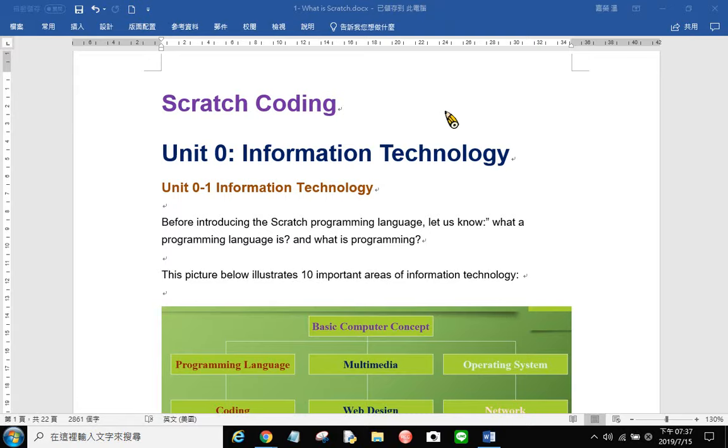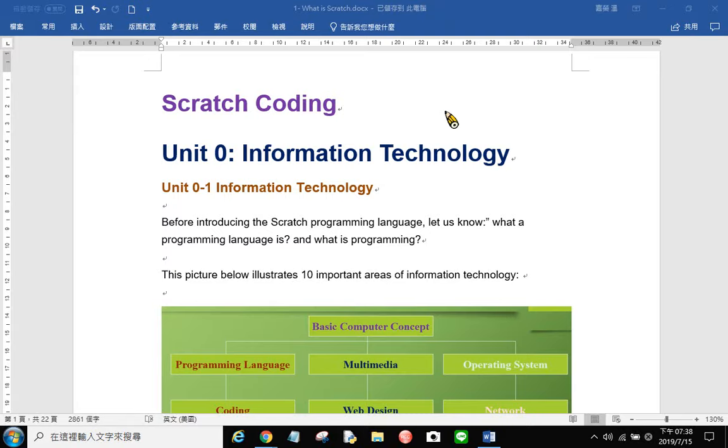This class is taught online, which means that you can log into the internet or use your cell phone to study this class. The main purpose of this class is to teach you how to code in the Scratch language. Scratch is a very beginner's language, mostly for elementary school or junior high school, because it uses blocks to drag and drop the code, then you can make your own project, and the computer